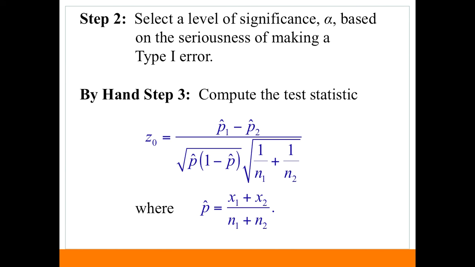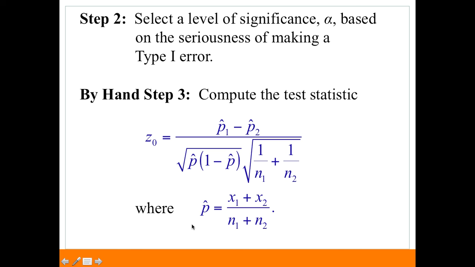So step 2 is to select a level of significance, which is alpha, based on the seriousness of making a type 1 error. And then step 3, just like it was last chapter, is to compute the test statistic. Now, the test statistic in this case is kind of nasty looking. It's a z statistic because we have proportions, and we're taking p1 hat minus p2 hat divided by the square root of p hat times 1 minus p hat times the square root of 1 over n1 plus 1 over